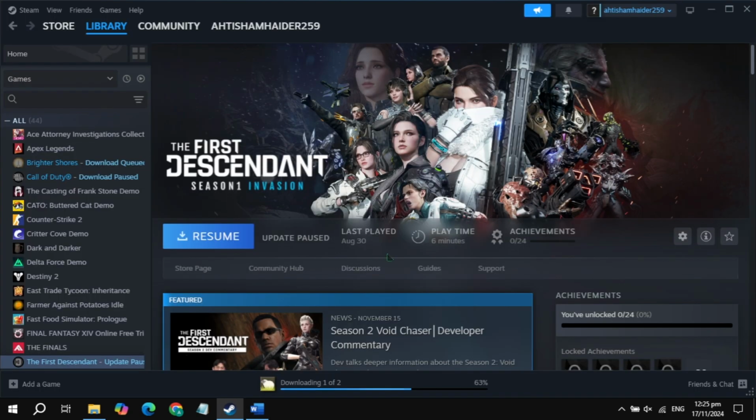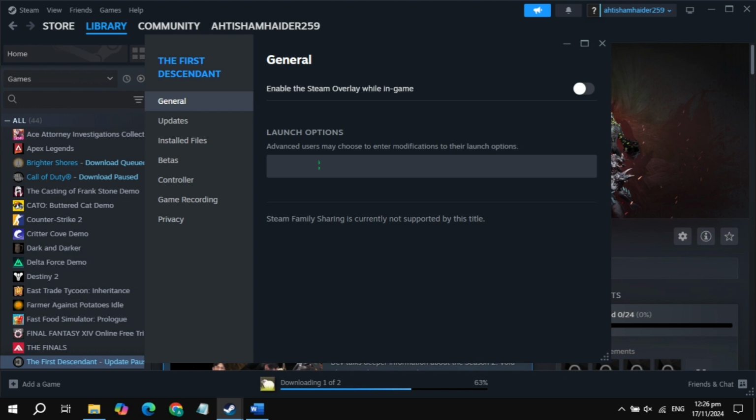First open up Steam, then click on the Elden Ring game, then click on the gear icon and go to your game properties. Now here you'll see the launch option. Just type here -dx11. Once you type this command, launch the game and check. If your game is still not launching, then just